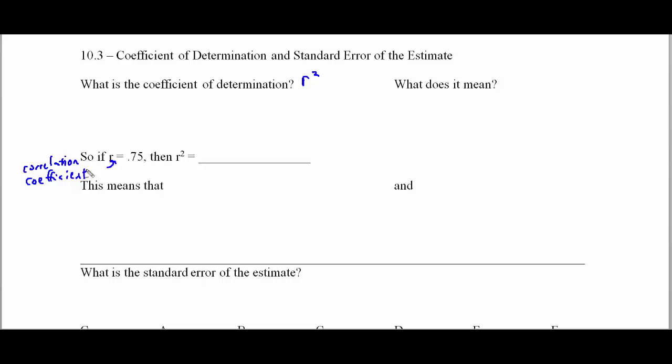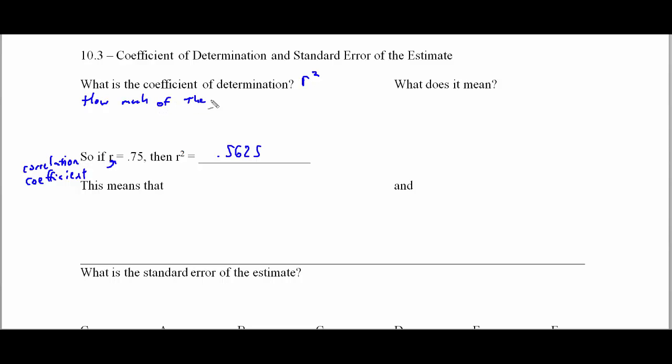The correlation coefficient is r, and that signifies the strength between the independent and the dependent variable. But if you square this amount, so if you take our 0.75 and square it, you get 0.5625, or 5,625 ten-thousandths, or 56%. And what this coefficient of determination, this r squared, tells us is how much